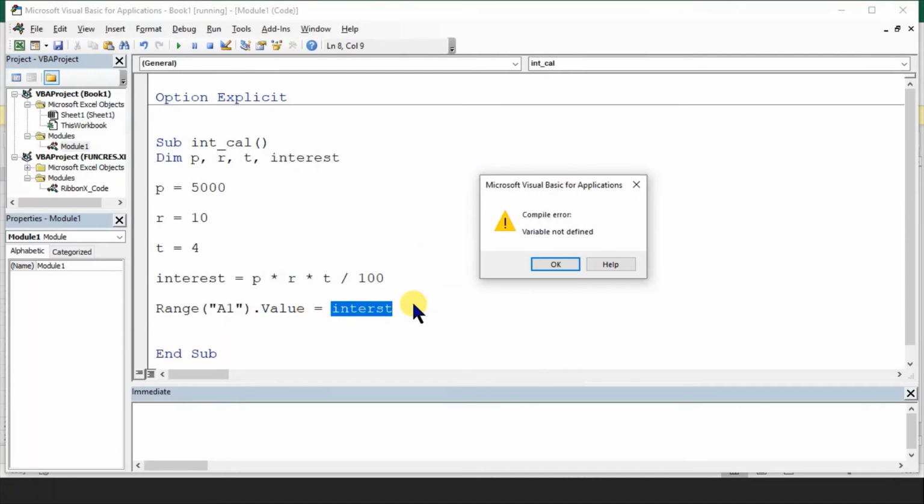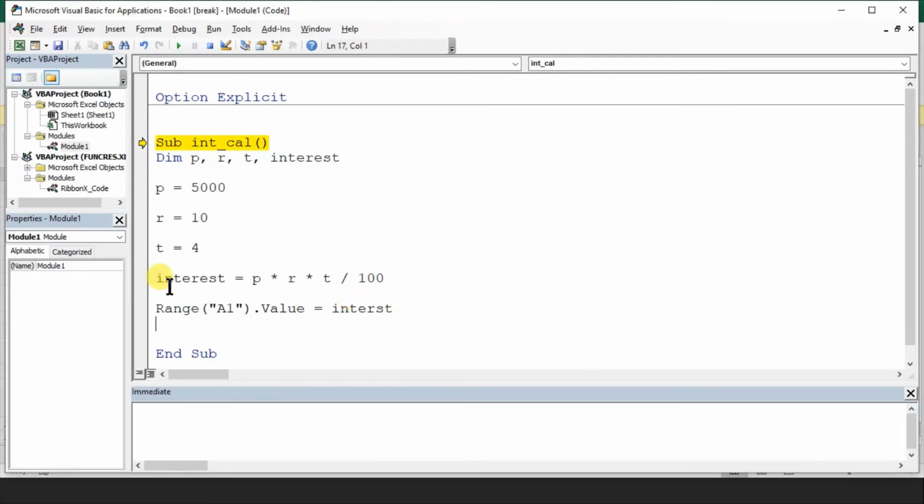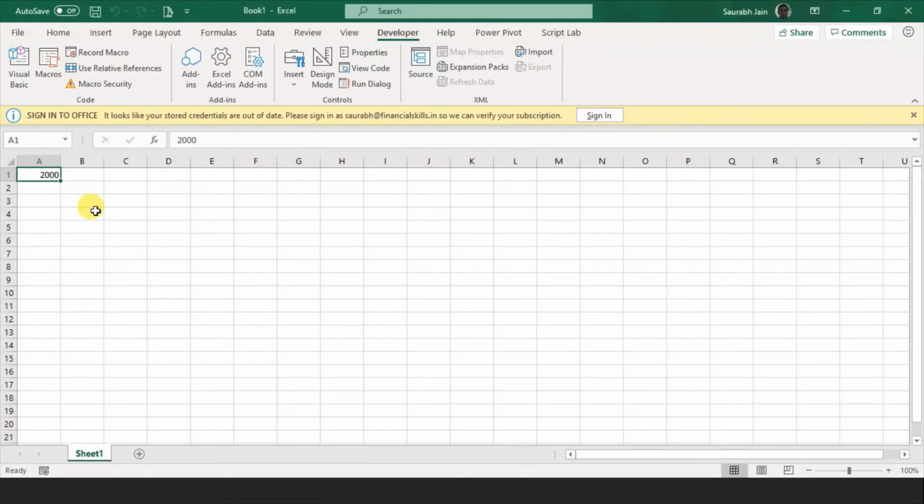So look, now if you make a mistake in your variable typing, the computer will tell you there is a mistake, this is something new. So now you can identify, oh, this is the wrong spelling because we have already declared the right one. So now we can say INTEREST. So now this becomes correct. Now run, reset, and let's run the program. So here comes the answer.